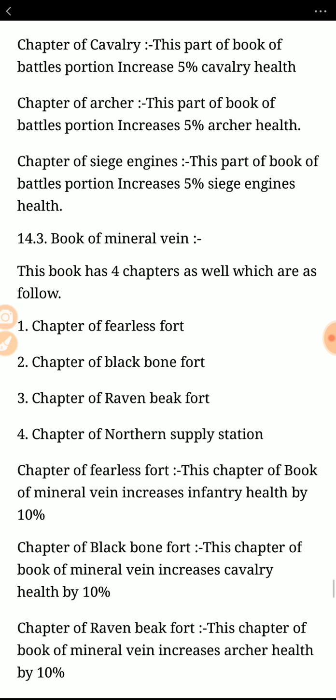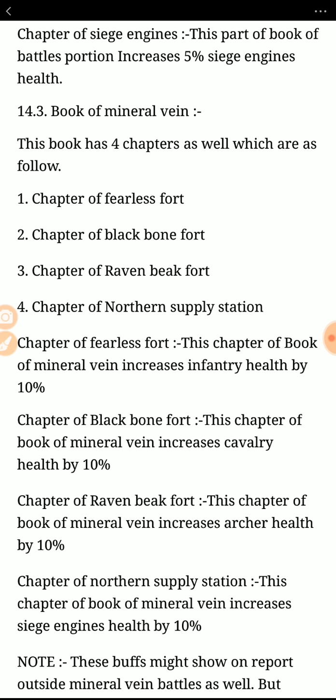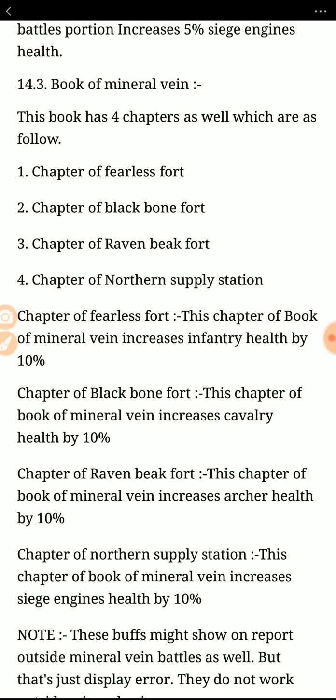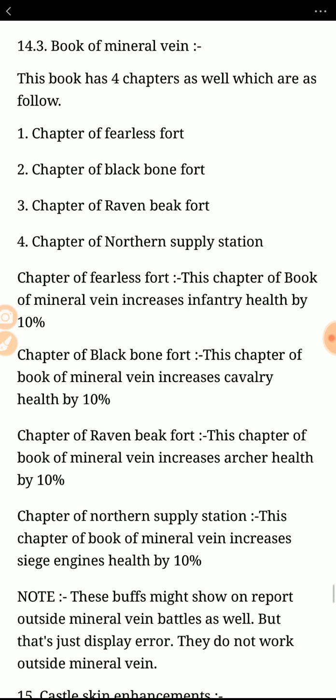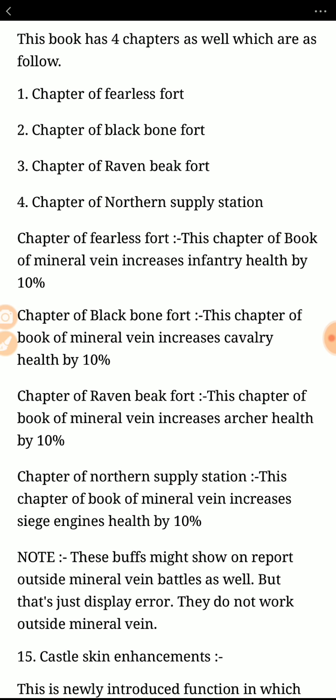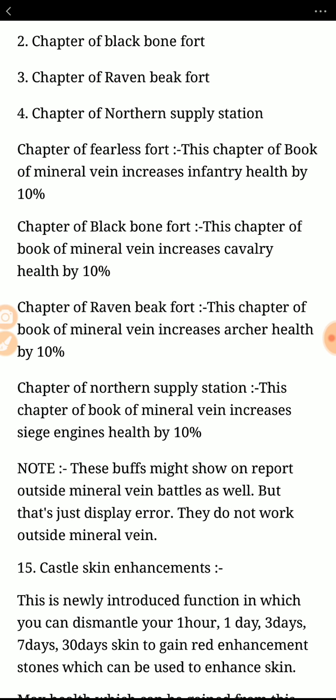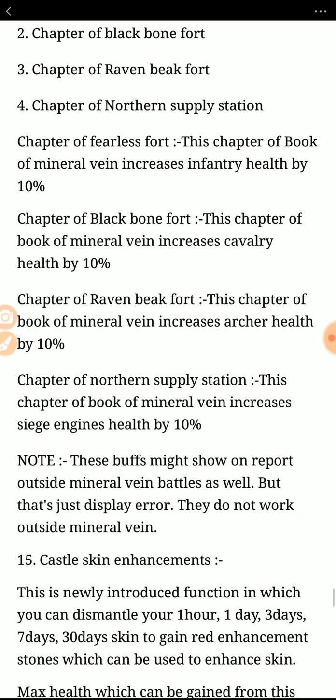All right, moving on. So the Book of Mineral Vein. This book has 4 chapters as well, which are as follows: Chapter of Fearless Fort, Chapter of Blackbone Fort, Ravenborn, and Northern Supply. Now the Book of Mineral Vein increases infantry health by 10% when you are reading the Fearless Fort. So Fearless Fort gives you 10% infantry health. The Blackbone Fort gives you an increase of 10% for cavalry. Likewise, the Ravenborn Fort gives you archers' health by 10%, and the Northern Supply gives you siege engine